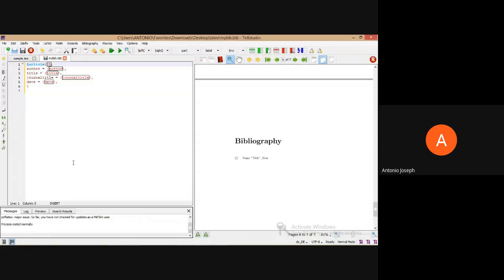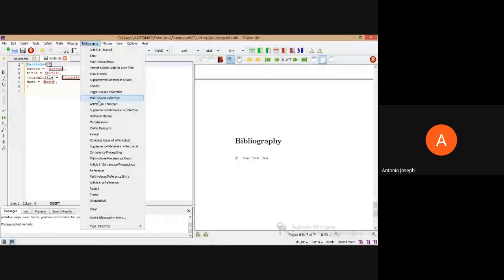We need to fill the entire fields for all these references, and check whether it's a conference publication or proceedings, book, article, technical letter, or something like that. So for all these purposes, many fields are required. Okay, it's quite a tedious task, isn't it?